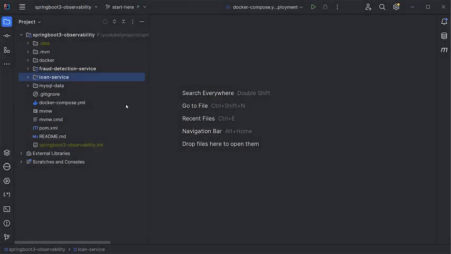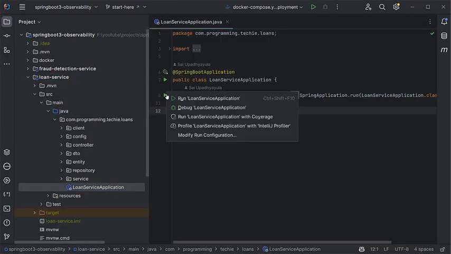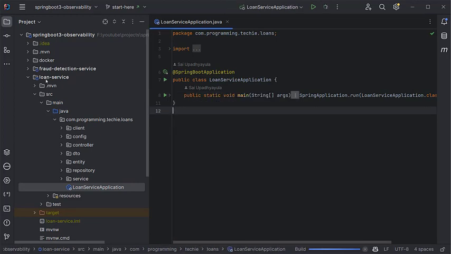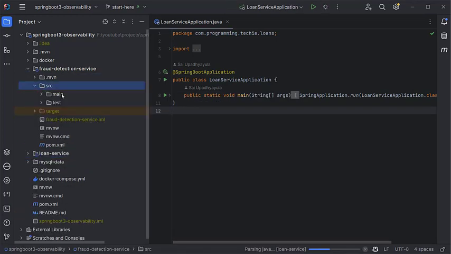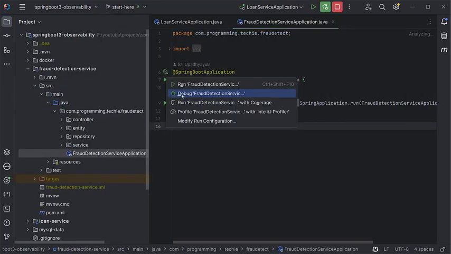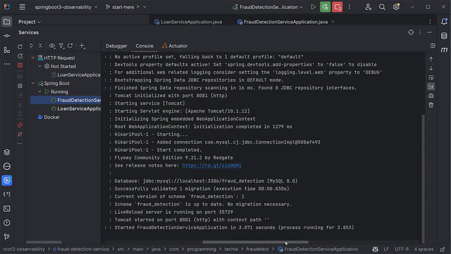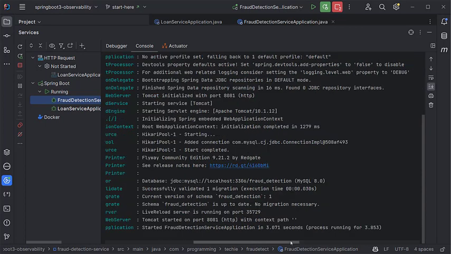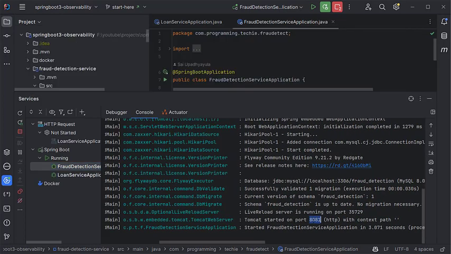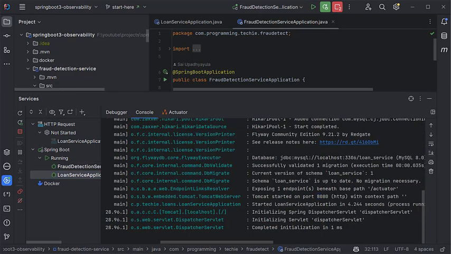All right, so now let's go ahead and test both the loan service and fraud detection service together. I'm going to open the loan service application class, and I'm going to run this application in the debug mode, and I'm also going to do the same thing for the fraud detection service. I'm going to open the fraud detection service application, and then run it in the debug mode. You can see that both the applications are now running. The fraud detection service, as I said, is running on the port 8081, and the loan service application is running on the port 8080. So now let's open